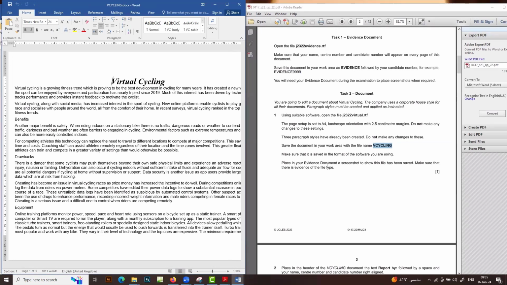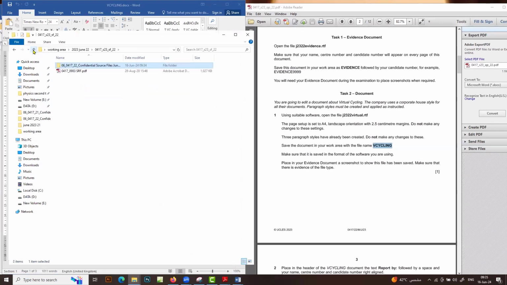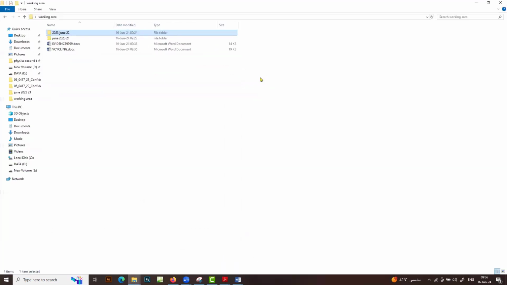Place in your evidence document a screenshot to show the file has been saved. Make sure that there is evidence of the file type. Okay, so they want me, I will open my working area. What they want to check is if I set the name of the Word document as virtual cycling, V-cycling, plus the type, that it is Word, okay? If the type option is not there, you can simply right-click over here and just make sure that the type